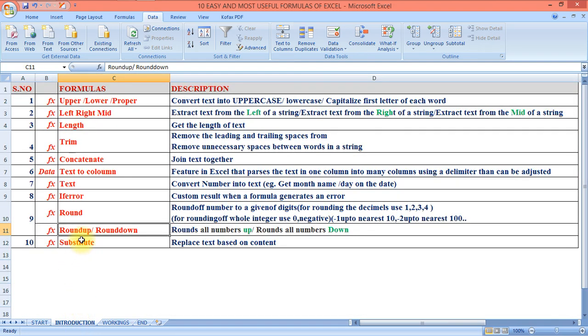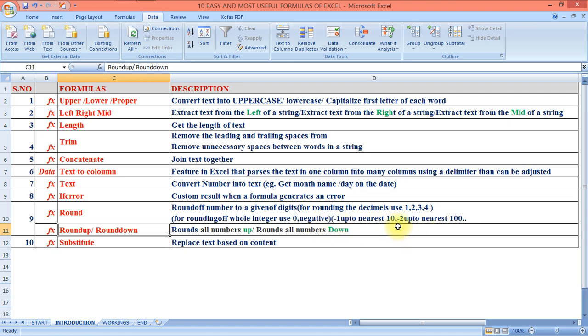In round, if we want to convert the whole integer up to the nearest 10 or nearest 100, like when we calculate a tax or a refund, the grand total is always converted into a nearest 10 number. So how can we use that function? We use it with a negative figure. If nearest 10, use minus 1.